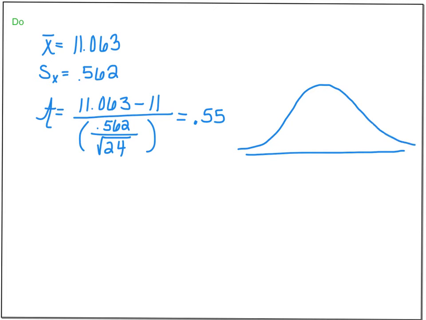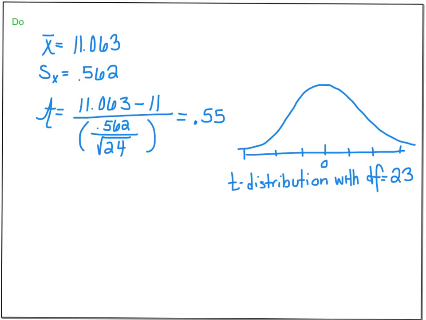It's unimodal and symmetric, looking very much like a normal distribution, but I'm going to label this as my t distribution. And somewhere I need to state my degrees of freedom. So t distribution with degrees of freedom equal to, hopefully you can say it, 23, one less than your sample size. Okay, so if I'm going with a standard t distribution, 0 and then 1, 2, 3 away, 1, 2,